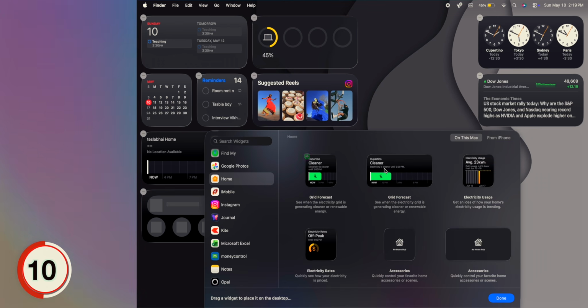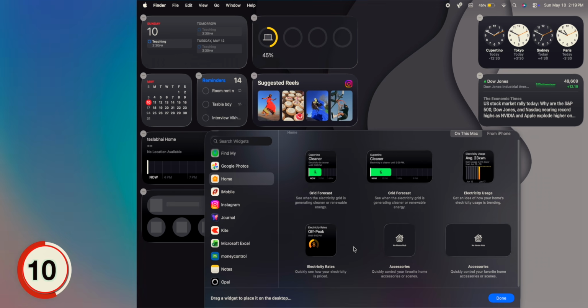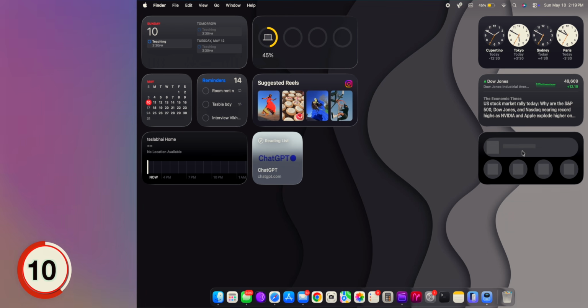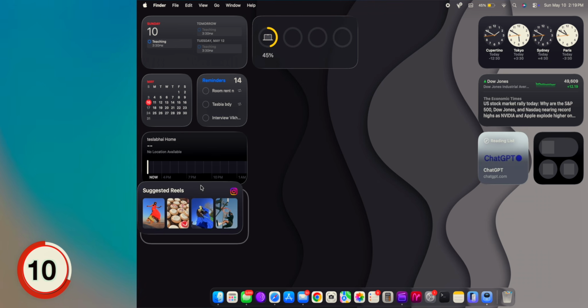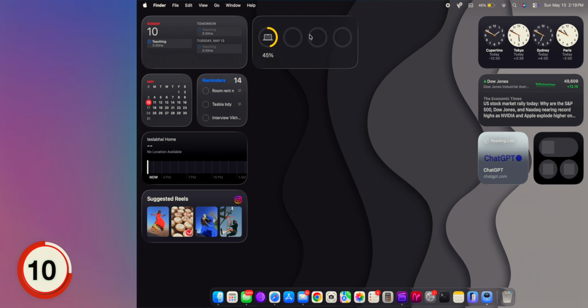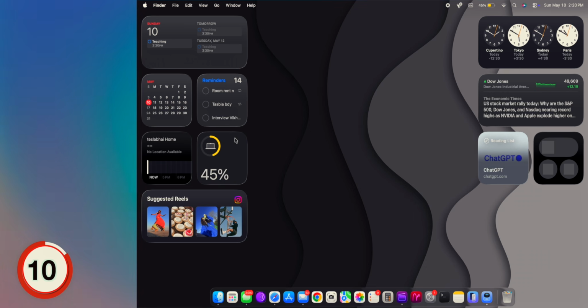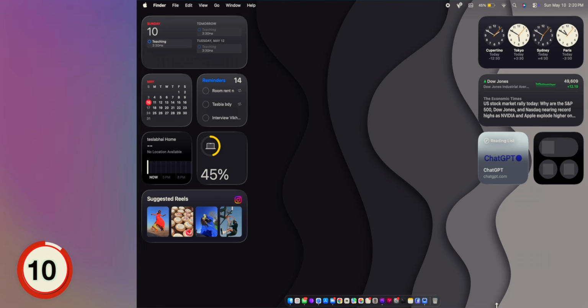You can also customize the size, small, medium, or large, depending on how much information you want to see. Some widgets even allow extra customization, like changing locations for weather, selecting different clocks, or showing specific reminders and calendars. Once added, drag and place the widgets anywhere on your screen to create a setup that looks clean and organized. Using the right combination of widgets not only improves the appearance of your Mac, but also gives you quick access to useful information without opening apps again and again.